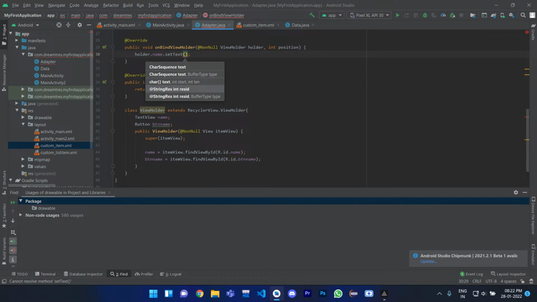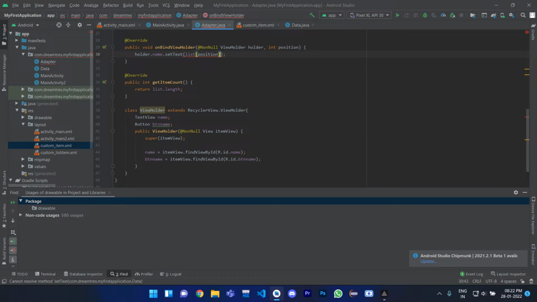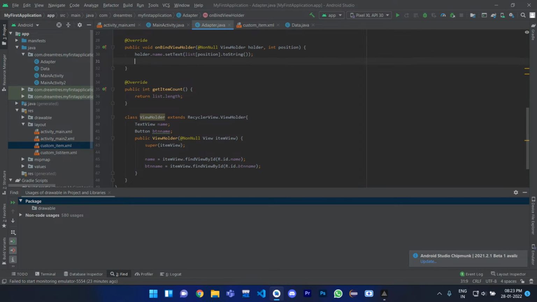So inside this we need to pass list dot get position dot toString. Okay, toString is used to convert the list item or any type of data into a string. And list of position is nothing but it will point to the current position that is passed over here, and it will assign the data to it. And same for the button name,